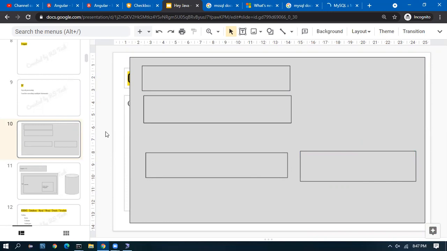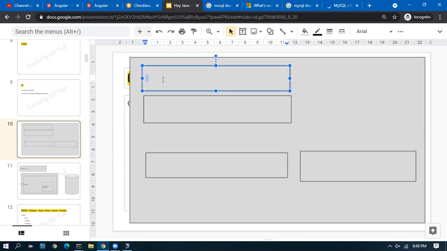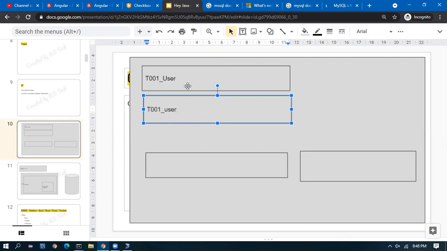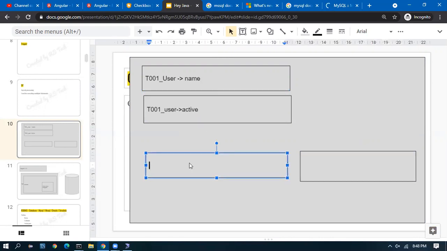This web page, if you take and link it with the table, we have this section as the user table T001 user. This will be stored in the user table name. This will be stored in T002 address.